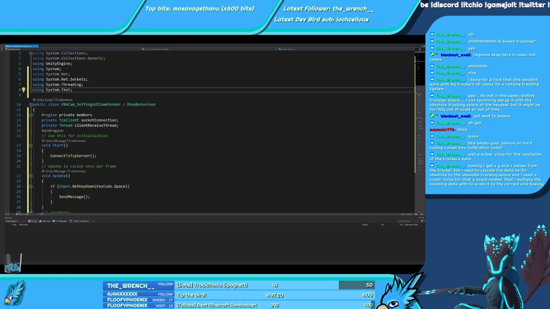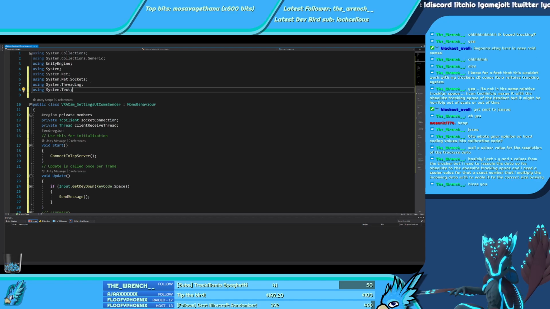Basically, I get X, Y, and Z values for the trackers. Okay, but I need to rescale the data so it's absolute to the absolute tracking space, and I need a scale value for that. An exact number then.